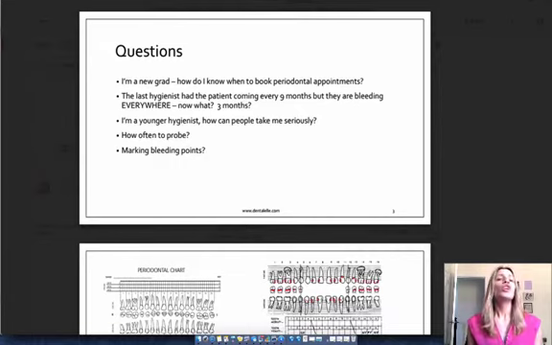Well, no. You can think whatever you want, but I don't think that's the case because the most important thing is your patient. And perhaps that hygienist wanted the patient to come in every 3 months, but 2 years ago, the patient said no, they want every 9 months, and they just haven't asked since then. So it's something you do need to look into, and you should know when you should be seeing a patient every 3 months, 6 months, or 9 months.